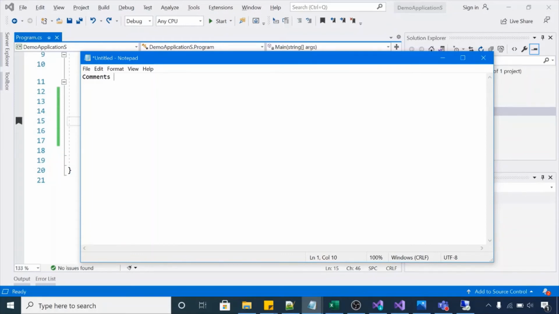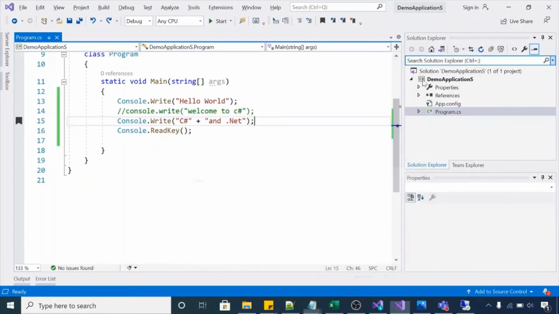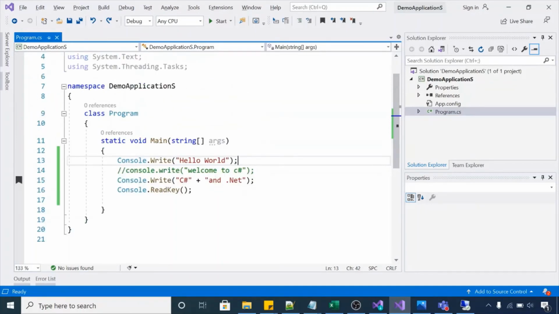And what is the benefit of comments in Visual Studio? Till now we have seen multiple Console.WriteLine or Console.Write statements which will be executed in Visual Studio. I have one line here, line number 14, which is marked as a comment line. This will not be executed by the C# compiler.